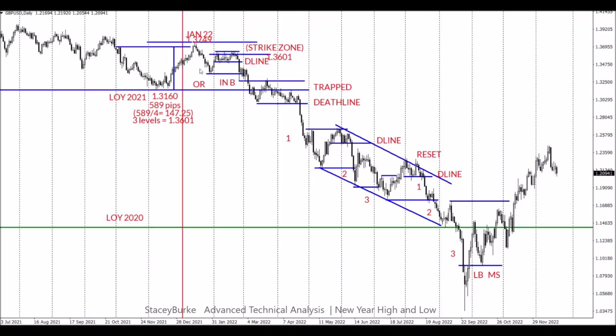Everything's the same on every time frame. It's fractal. We get the same situations. We get trap volume. We get 3 pushes, 3 levels. We have opening range, initial balance each week, and we have it each month, and we have it for the year. And again, in this particular case on the British pound, January's high held for the entire year. We now may have put a low in place heading into the year. In the end of the year, obviously, that would have to do something fairly cataclysmic before taking out the low of the year. But we have our high, we have our high and low initial balance, the breakout trade, and